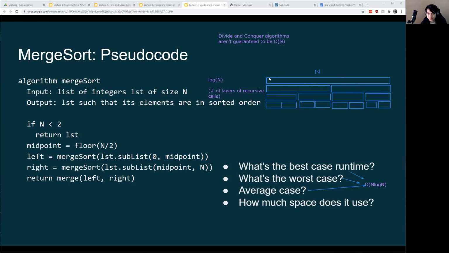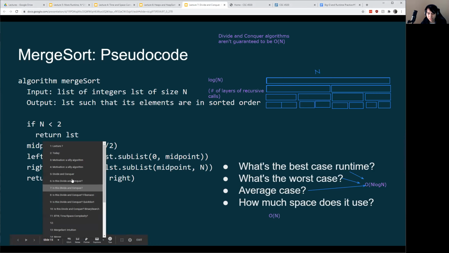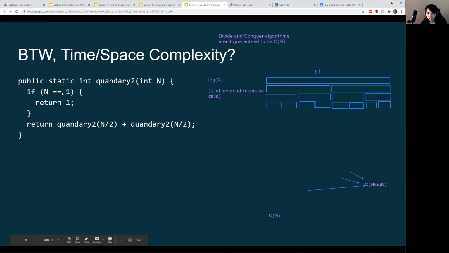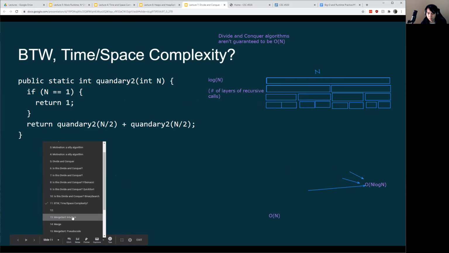Now, in terms of space being used, the space being used here is going to be O of n, because at each point we're going to make a recursive call. There's only going to be 1 from this layer that we ever have, 1 from this layer, 1 from this layer, and 1 from this layer. In other words, if you can apply what we talked about when we went over in detail the divide and conquer algorithm, this time and space complexity that we went over here,